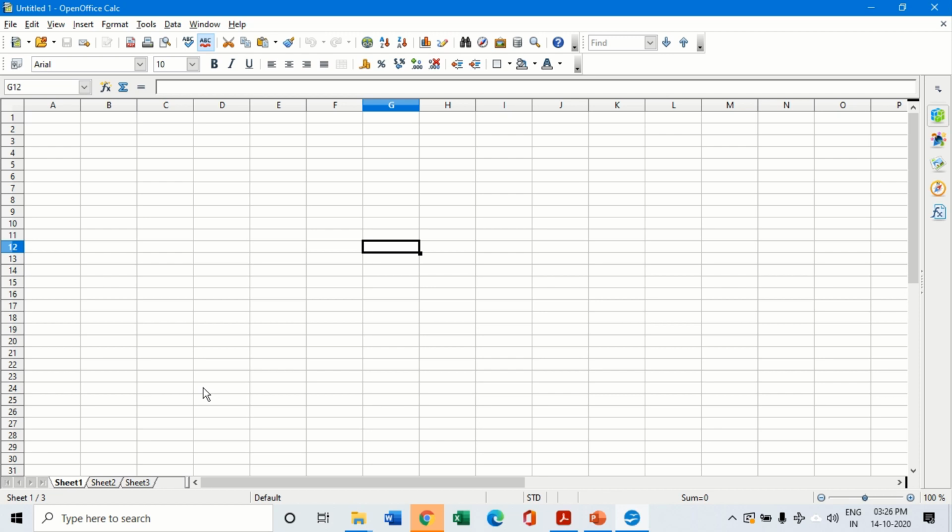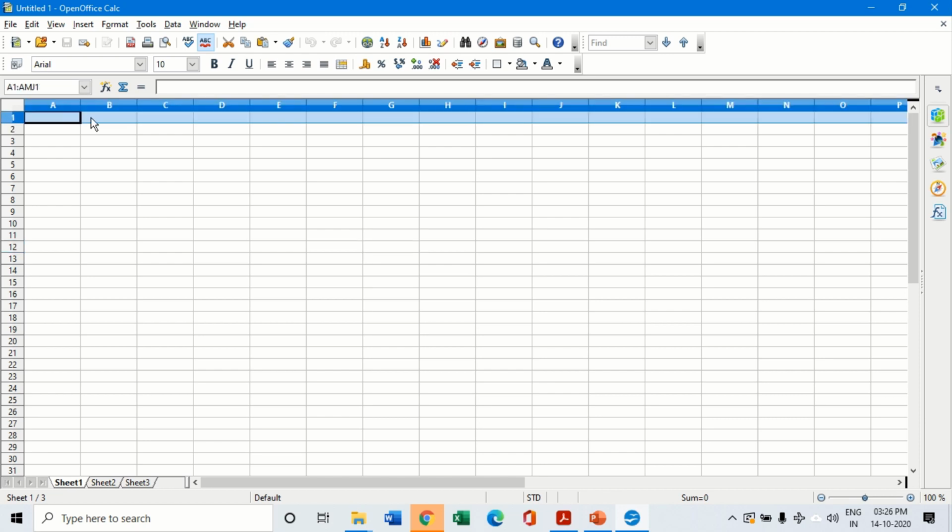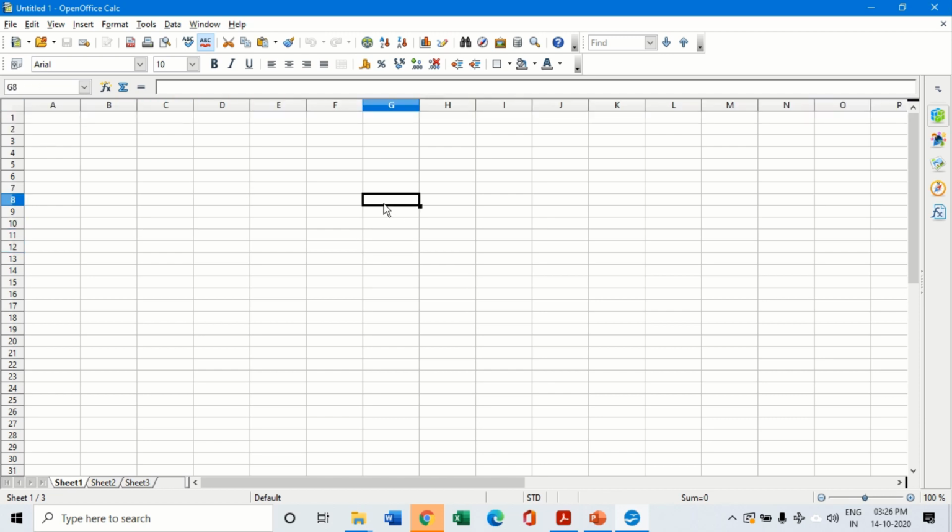This particular sheet looks just like Excel. There are rows and columns and cells in which you can enter your data. There is a menu bar which contains all the different menu options, and there are toolbars which make your work easy. So this is basically the structure of OpenOffice Calc.